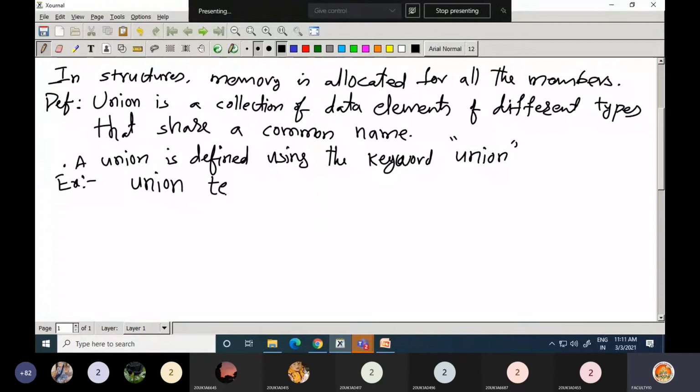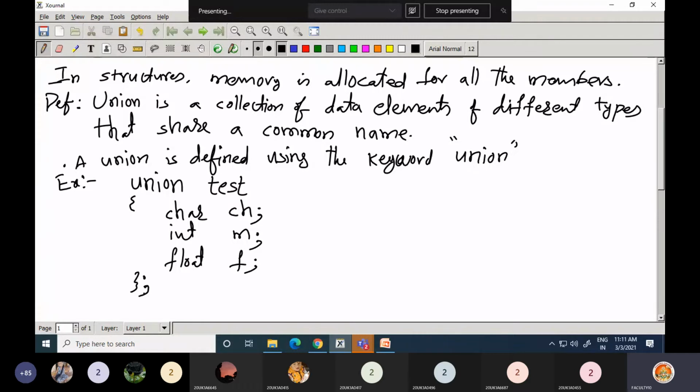For example, I am using the name test. Here I define different data elements, say char ch, then int m, then float f, then end this with a closing brace followed by a semicolon.